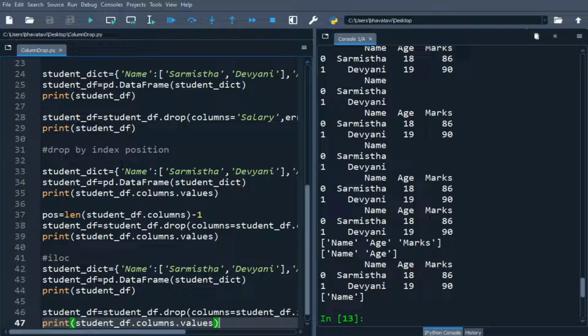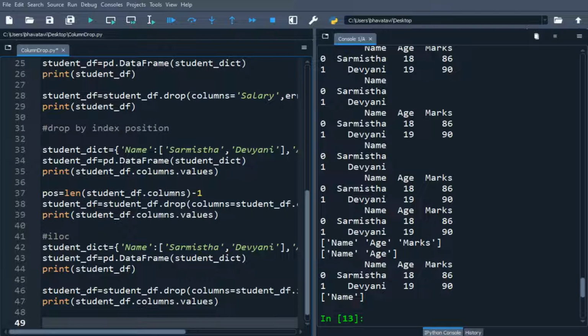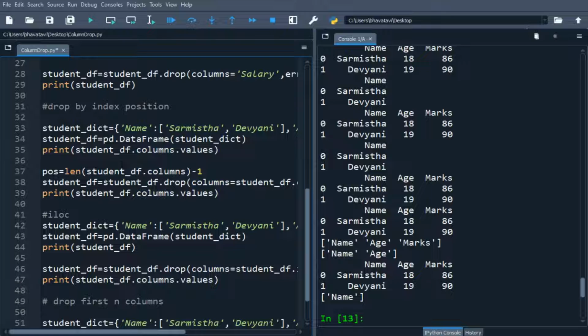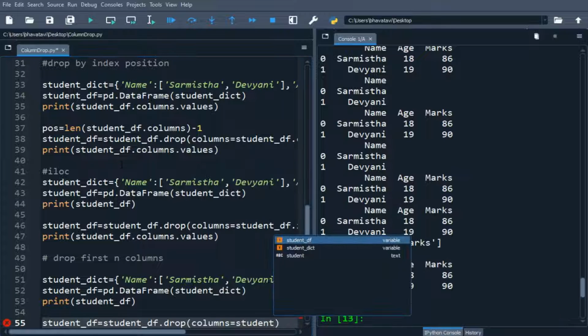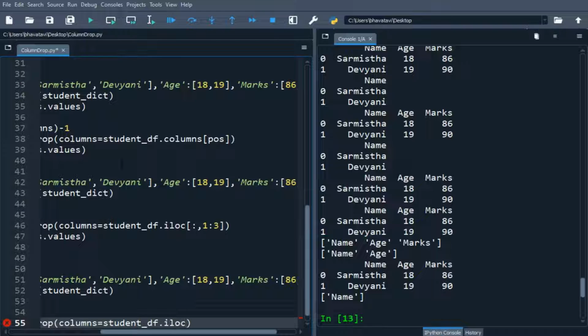So now let's drop the first n columns. Okay, so here we'll be using the same data and we'll be using the iloc. student_df equals student_df.drop, and then we'll put the columns equals student_df.iloc, and then we'll put the range over here.